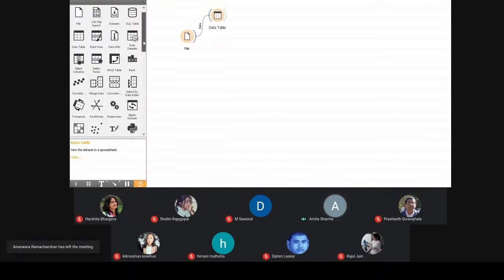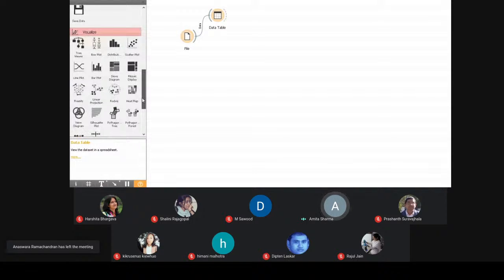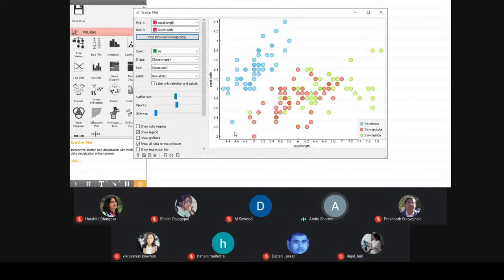Now, if you want to move to the further visualization part, for example, you want to place a scatter plot, you have to again select the scatter plot and connect the file with your scatter plot. These lines are basically the connectors which connect you from one option to another. When you click on this, it will simply show you the scatter plot diagram.